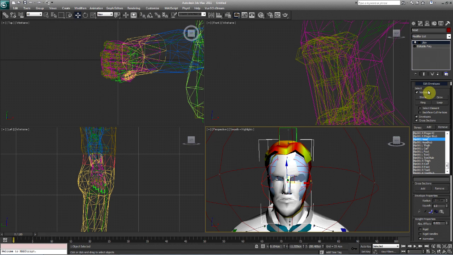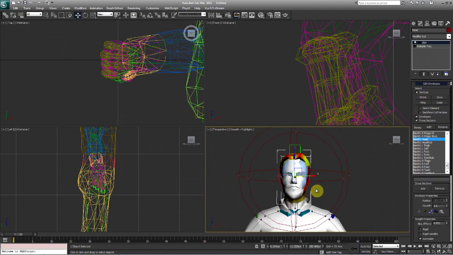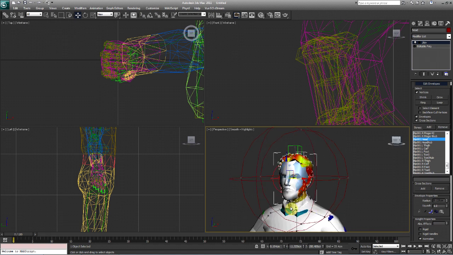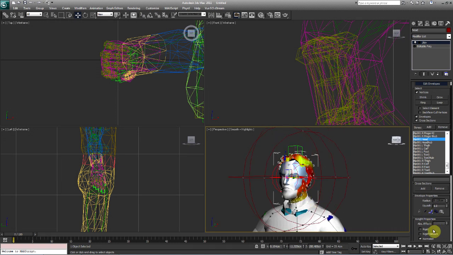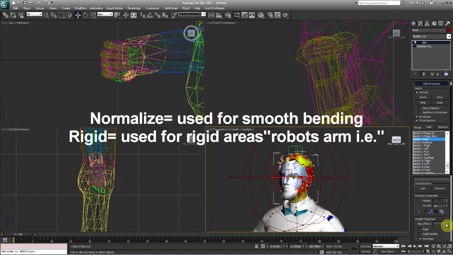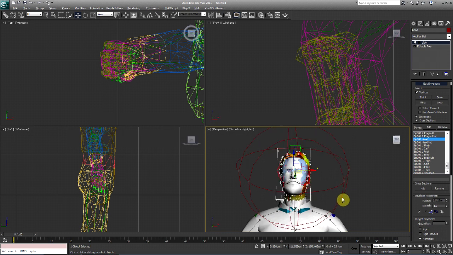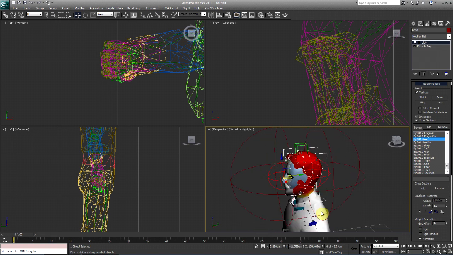we make sure we have vertices selected, and then I'm going to select his head right here. Now notice how all the vertices pop up. This is all the vertices just for the head portion. Under weight properties, with normalize selected, actually we're not going to select the full part, we're just going to go up into the chin. I'm going to select about right there. Don't select the neck, just the face. I'm going to select weight properties and move it up to 1. This means it's max. Notice how the yellow's gone now.